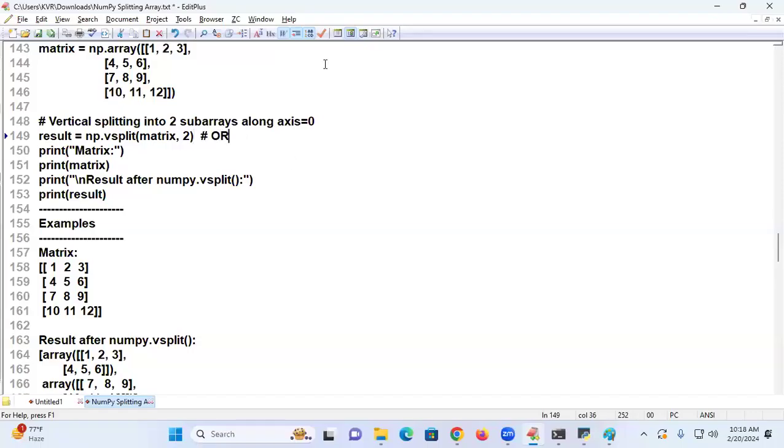vsplit is almost equal to what? Same thing you can also write as result equal to np.split of matrix comma